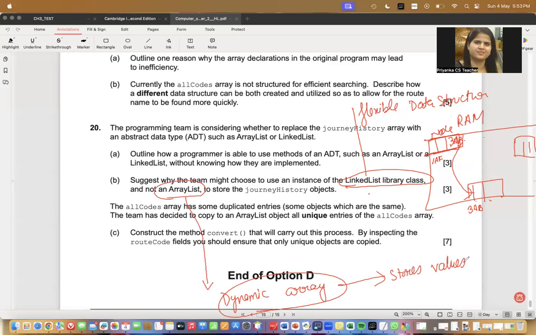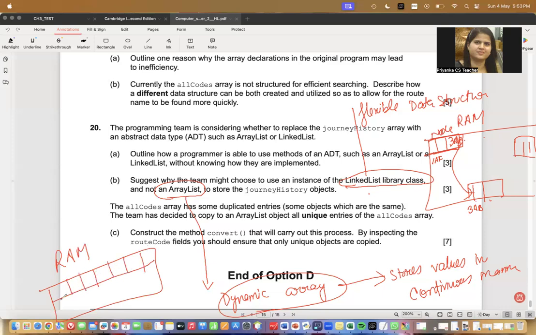It stores values in a continuous manner. Continuous manner means in RAM, an array list will occupy space in a continuous manner. What if you have some other data here and you don't have space in a continuous fashion? Then in that case, your program might crash if you do not find enough space in a continuous manner. That's why